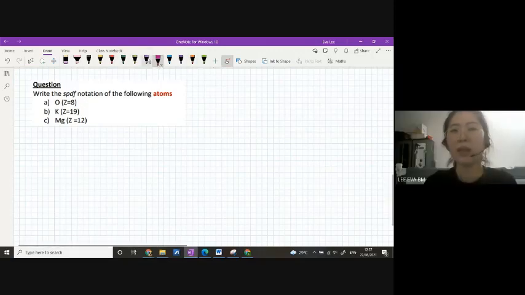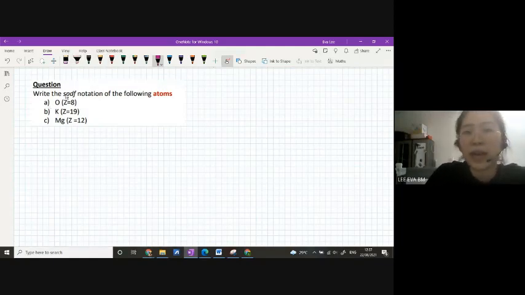Okay, so now Madam shows you an example from scratch, how to draw this. For this one, write the SPDF notations for the following atoms. Madam is not giving the answers, so Madam wants everyone to write them too, because this really needs hands-on practice. You cannot just read and look. No. Okay, so for